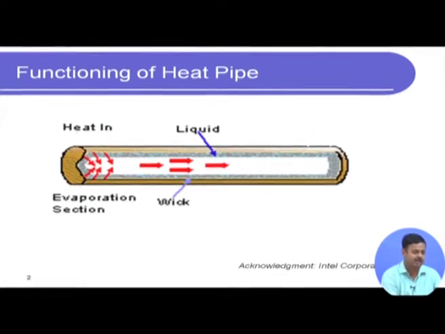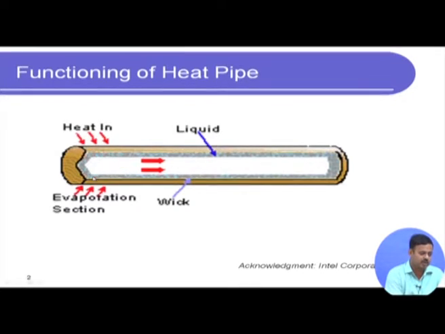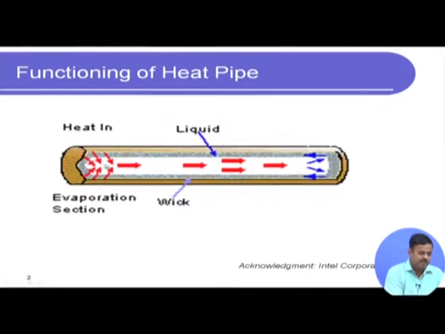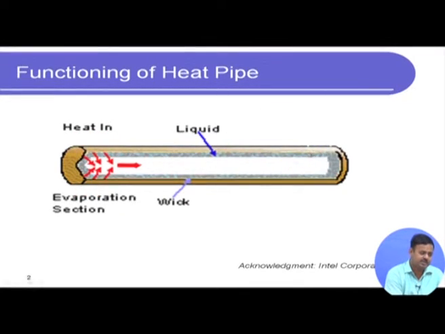Again, I repeat: on one end we are supplying heat so that the few drops of liquid vaporize, the vapor flows along the hollow core to the other end where it is cooled and condenses back to liquid, and the liquid is driven back to the heated end through the wick due to